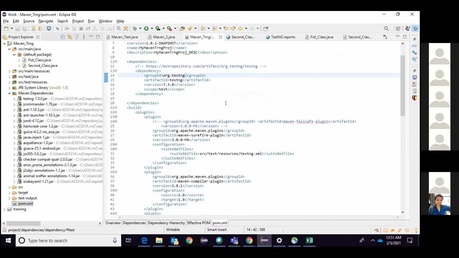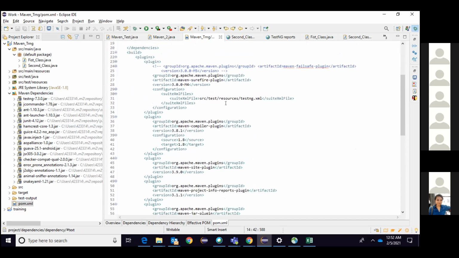So that is the major point which I want to tell you guys. So yeah, this is the whole POM. If you clearly understand it, whenever you want to use it, this is not very big rocket science, you know. The only thing you need to understand is the plugin. Inside the plugin, you need to add whatever artifact you want.